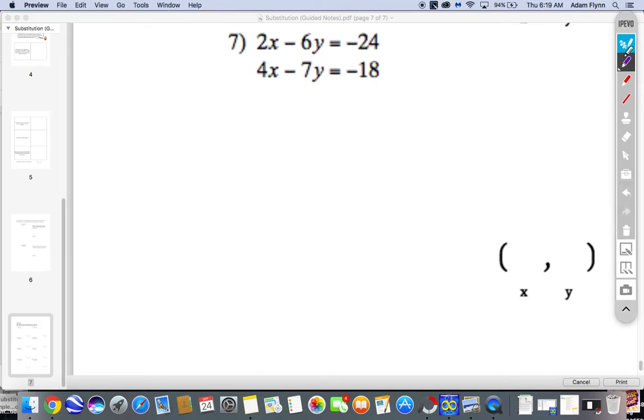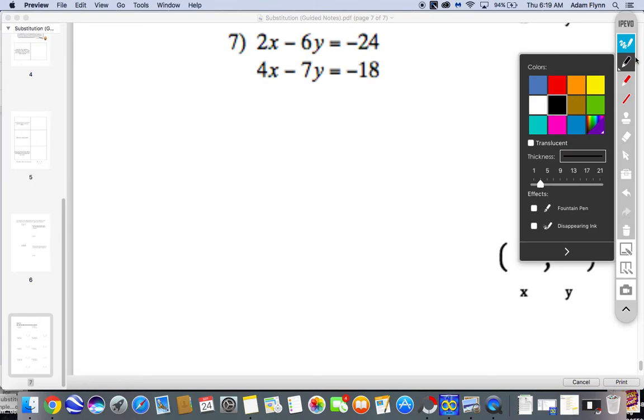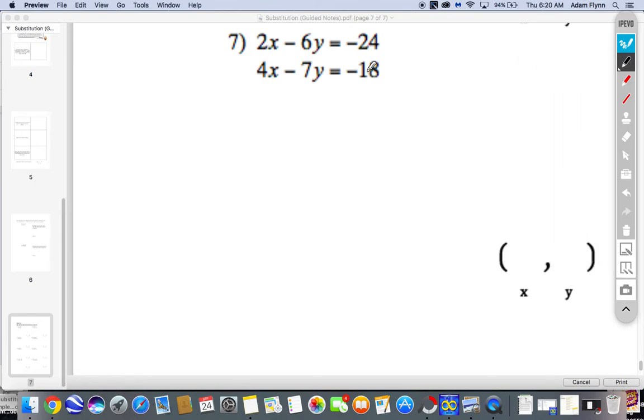So for number 7, occasionally we're going to have a problem like this where we take a look at our variables, none of them being isolated, of course, and we're going to try to find the variable that has a coefficient of 1 or negative 1. And sometimes it's just not going to happen, okay? If this ever happens,